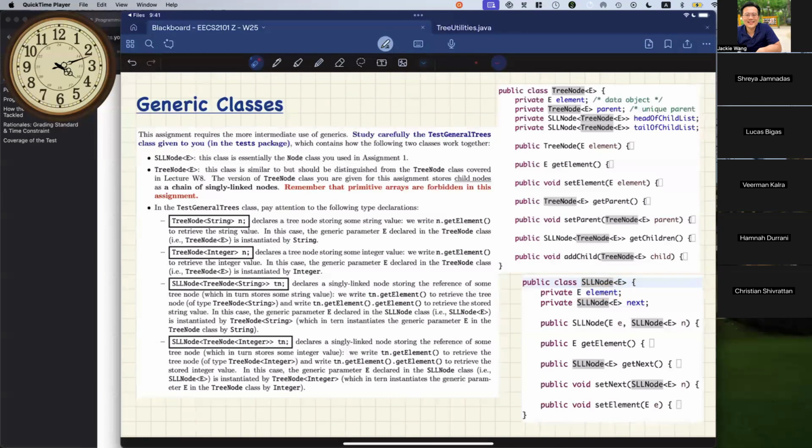So for example, if you instantiate the E over here to be, let's say, integer, then E over here will be integer. But in our particular case for assignment 3, you can instantiate E to be a tree node, for example. In that case, each element will be a tree node, right? So that's the extra complication you want to deal with. But if you have already completed assignment number 3, you will already be aware of this extra complication. And then you got the next pointer, which will point to another node, the next node, the successor, and you got the very standard accessors and mutators.